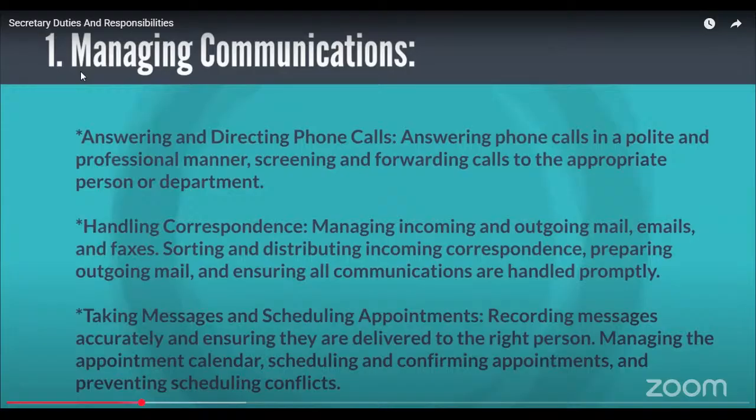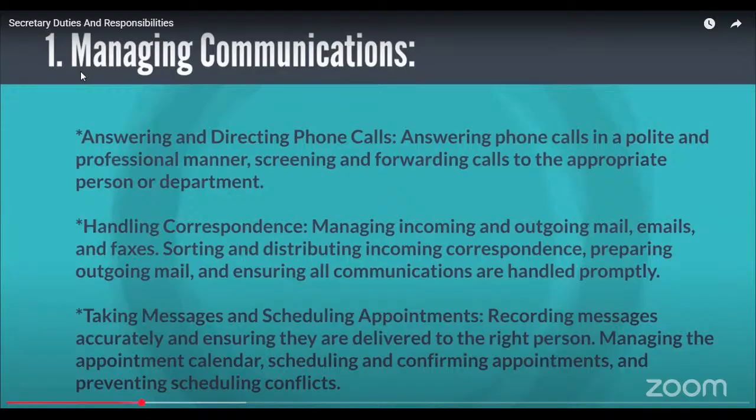Once you note down the message, then you communicate it to the person for whom the call is meant. How will you communicate? There are two ways of doing it. You can note down that message on a piece of paper and go to the office of the person and push it in front of the person on the desk if he or she is already in a call or busy. Otherwise, you can call yourself and tell them that there is a call from such and such person. Would you like me to connect you, or would you like me to speak later?